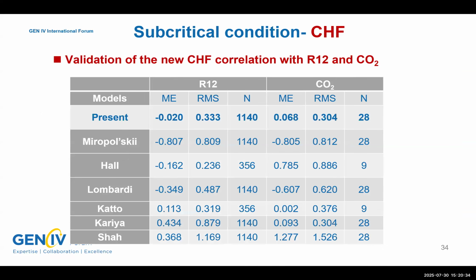And also the present CHF correlation, as a dimensionless one developed from water experiments, has potential to be applied to other fluids. Accordingly, the predictive capability of the present correlation is evaluated and compared with other prediction methods on CHF experiments with different fluids. The mean error and also the RMS error with the Freon CHF experiments are very small, respectively. And for the CO2,